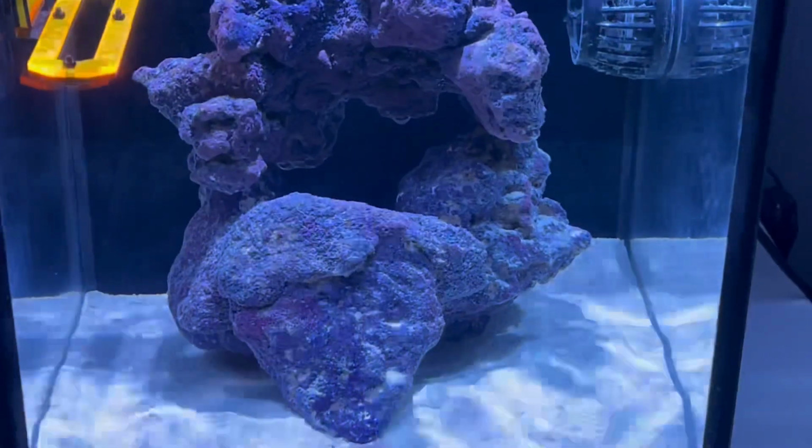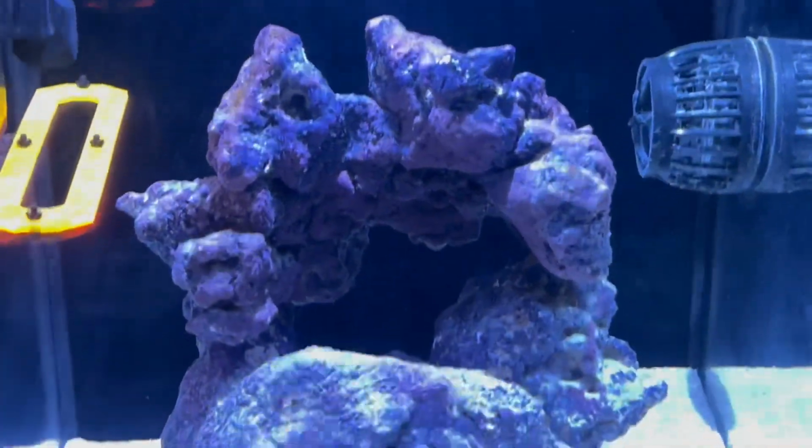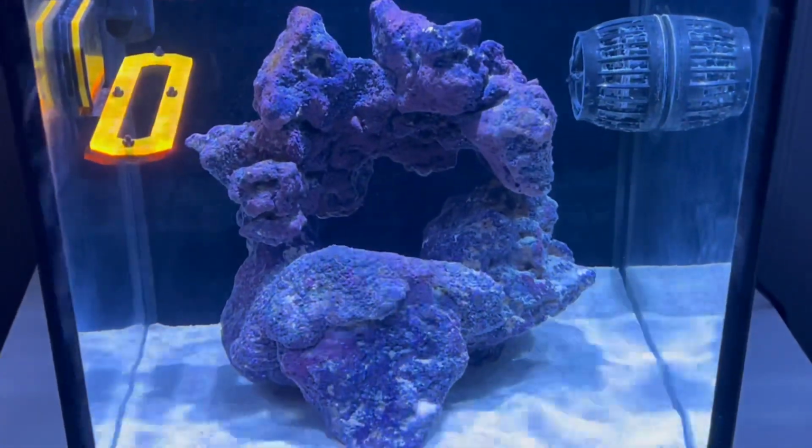And let's check out the fish that are in here. They must be right behind...